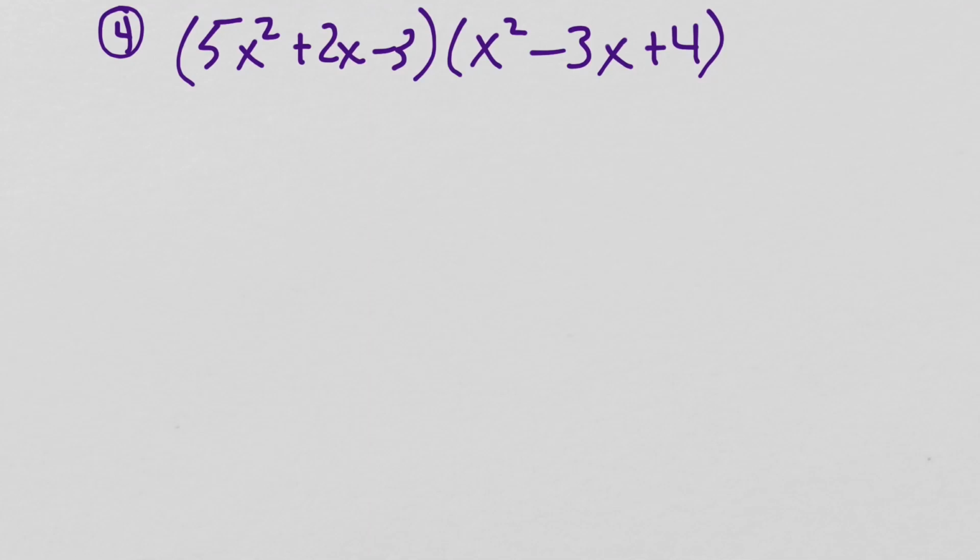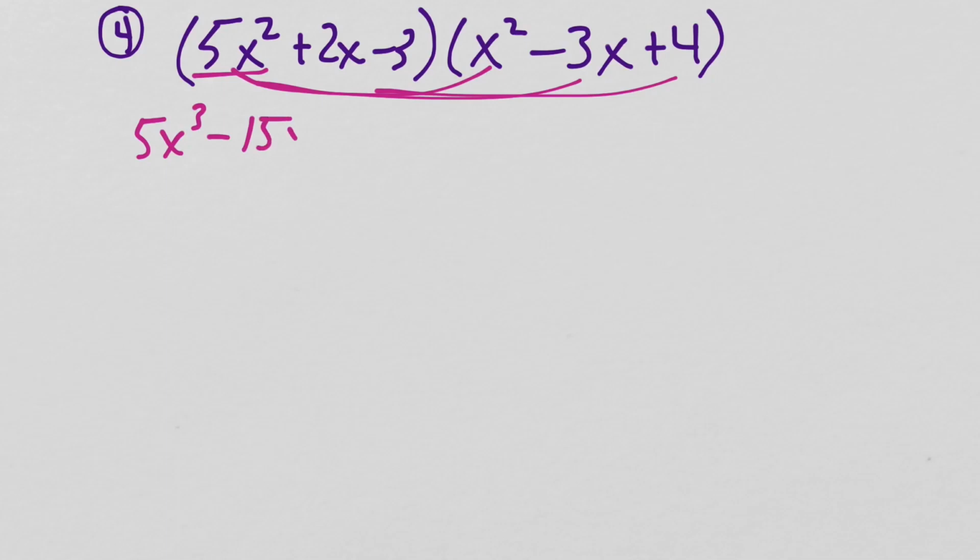In the next example, we have two trinomials that are being multiplied together. So when we have two trinomials multiplied together, it again becomes the same repeated distributive property. You just happen to have three things that need to multiply to three things, so there winds up being 9 total products in the end. So we're going to take this 5x and distribute it through to each part. So that's going to be 5x to the third, a minus 15x,